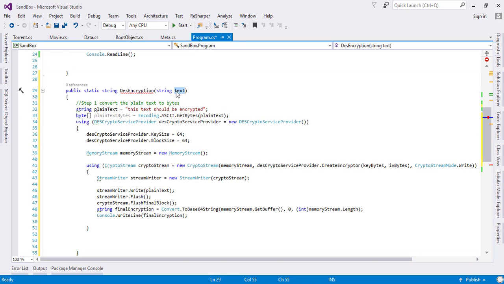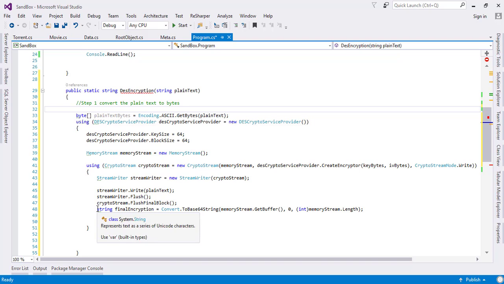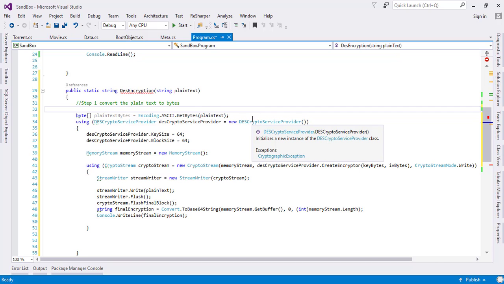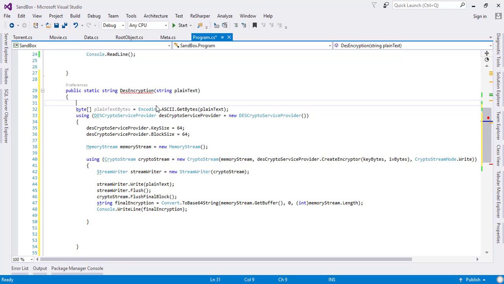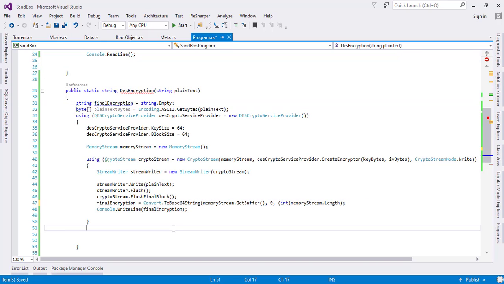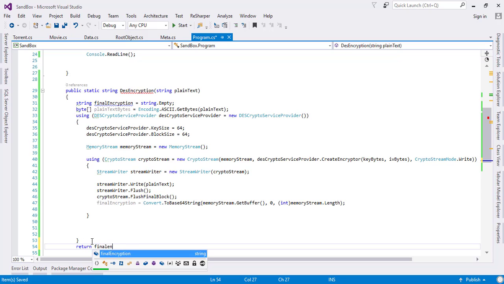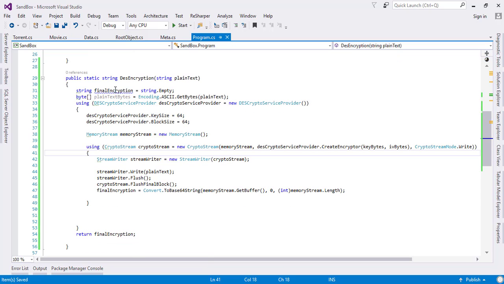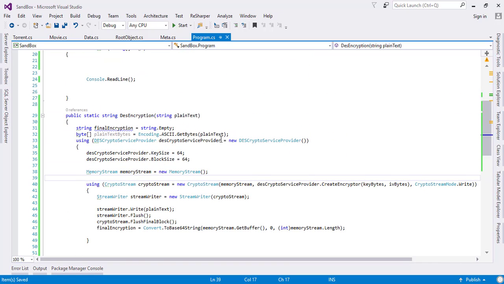Since we will be requiring the text from another source, I will just convert it into a plain text. I will remove this portion here and remove this comment here too. I will write here final encryption and say it should be empty at the start. Everything is done, and at the end I will return this final encryption. Okay, now